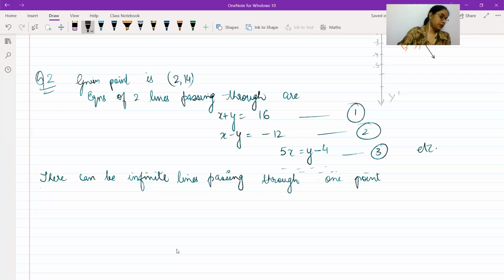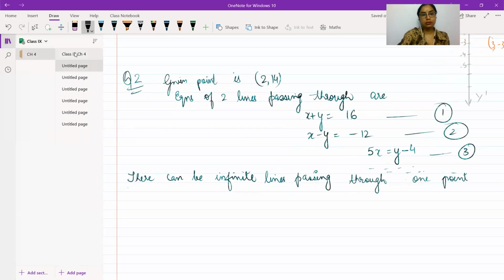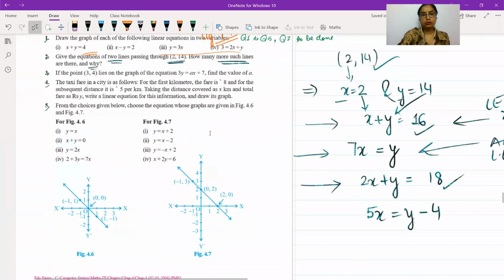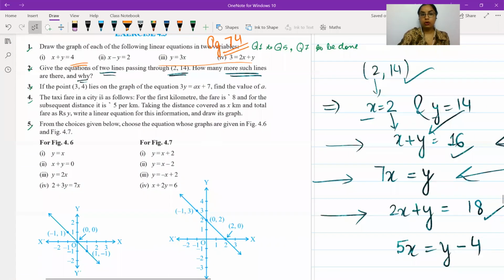The next question that you have is, if a point lies on the graph of the equation, find the value of the missing coefficient. There is a linear equation, two variables given to you in which the coefficient of x is missing. Along with the equation, you have been given one solution of the equation. So how do we know this point acts as a solution? Because they are saying that this point lies on the graph. So if there is a point which lies on the graph of a linear equation, it would mean that the values obtained from this pair for x and y will act as a solution for this linear equation. We can use x as 3 and y equals 4 in the linear equation given to us, and then we can find out the value for a.